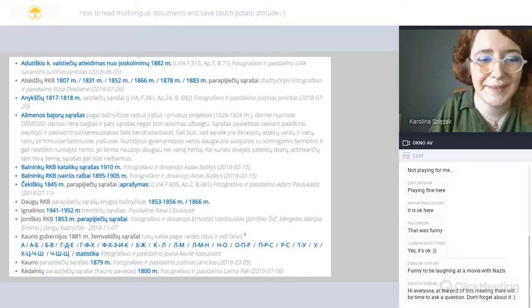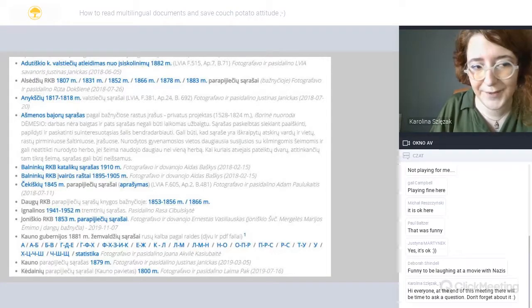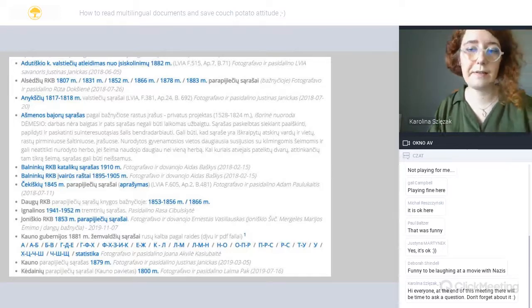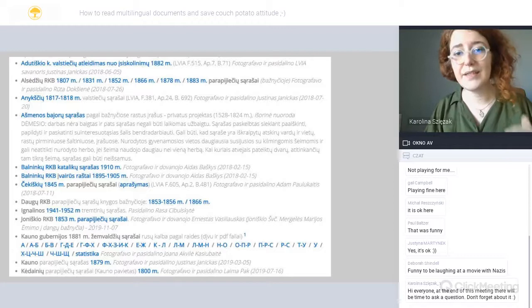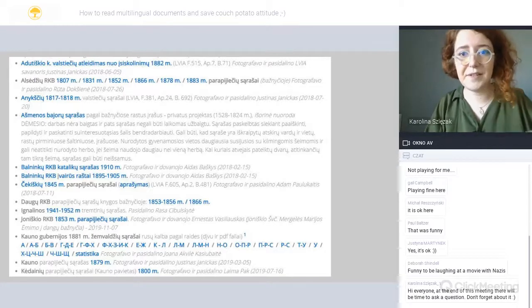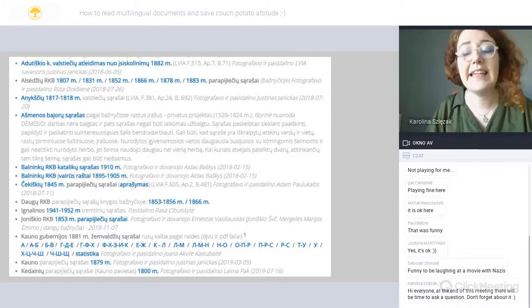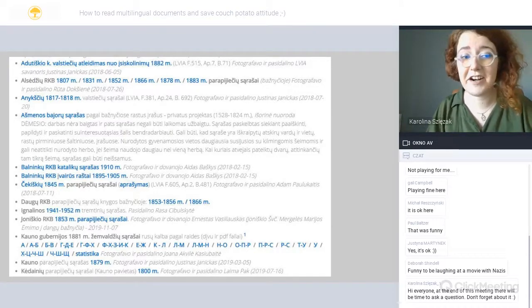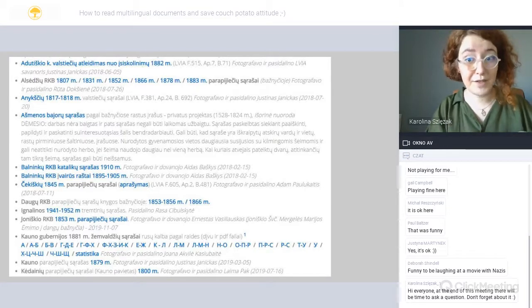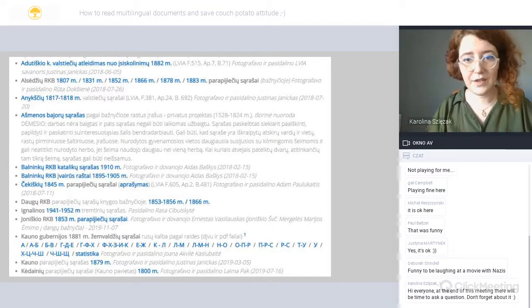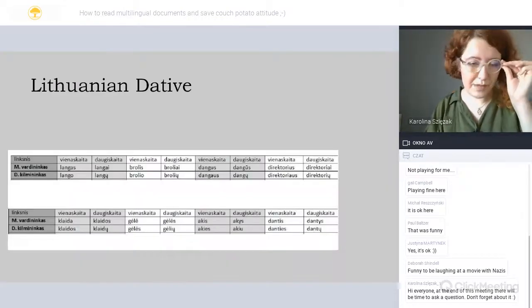So there are the endings we have to pay attention to because they show us that this is the dative case. The dative case tells us about possession. It tells us that these are metrical records that are coming from a specific town, like Anyksciu knygai are the knygai from Anyksciai. So